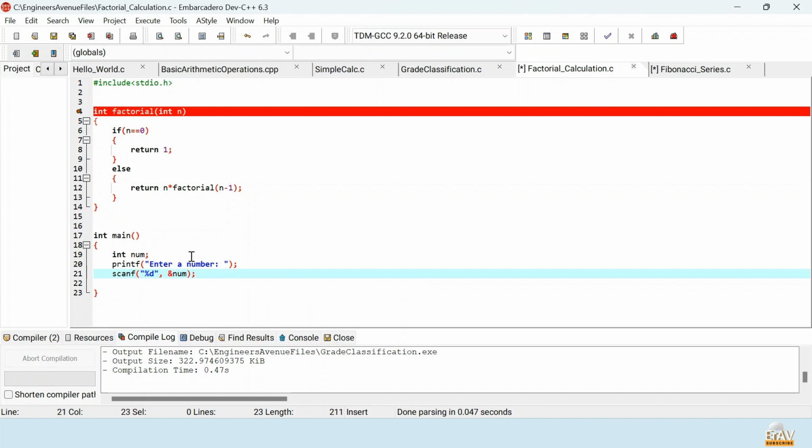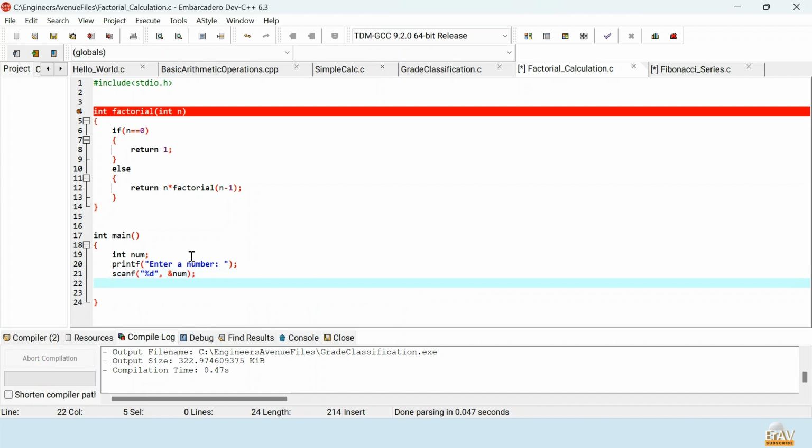Now we will print the result. How to print the result? Printf, the statement should be factorial of num. Since num is a variable, we will write